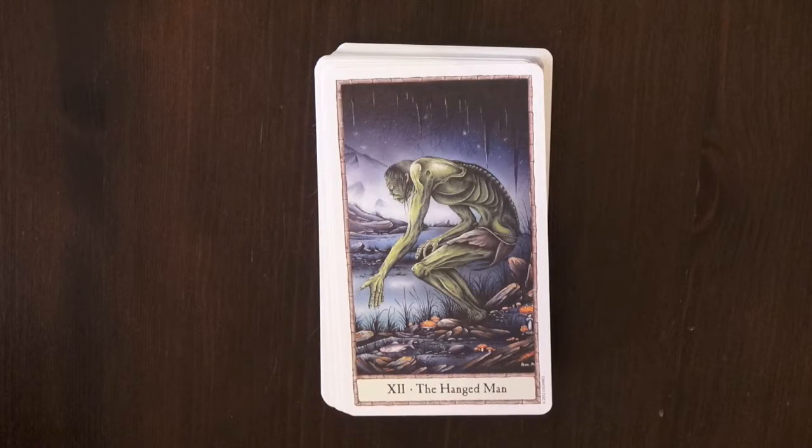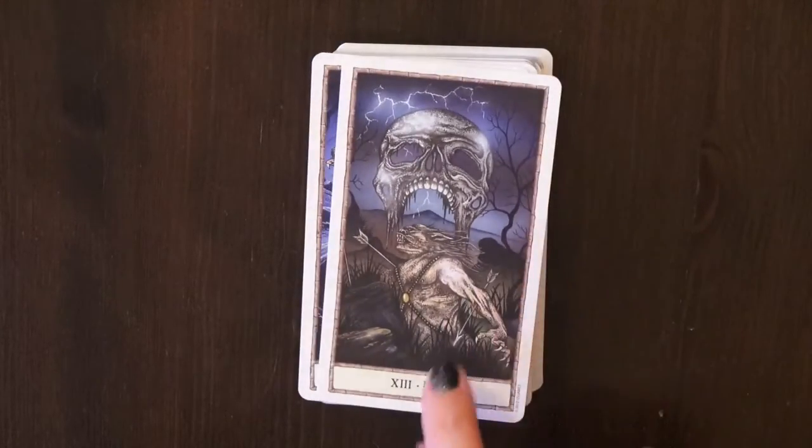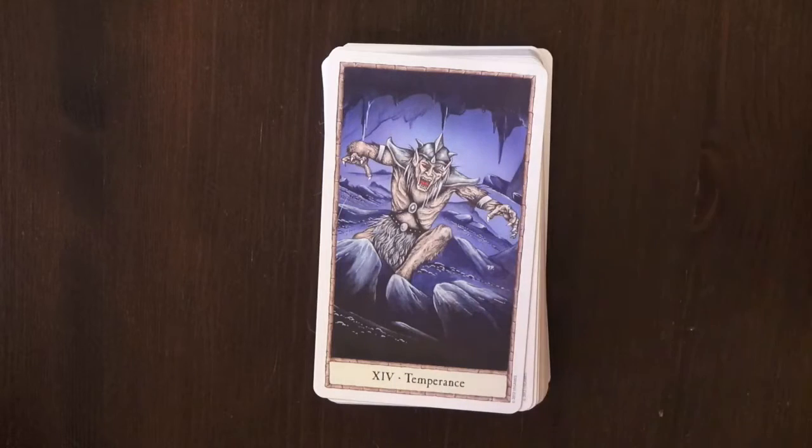Then we have the Hanged Man, Gollum again. And again, I don't like this Gollum so much. Then we have Death. I really like this one. I think it's really beautiful, this Death card. And it's about the Great Goblin, who was the leader of the goblins in the Misty Mountains, who captured the companions as they took shelter in a cave, and so on. I cannot read everything. I would like to, but...